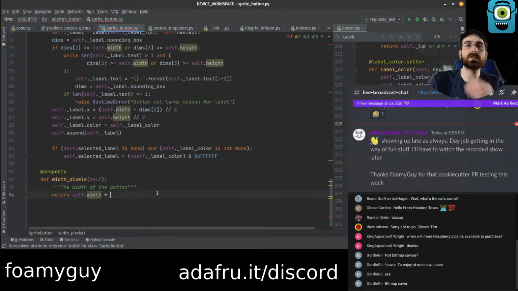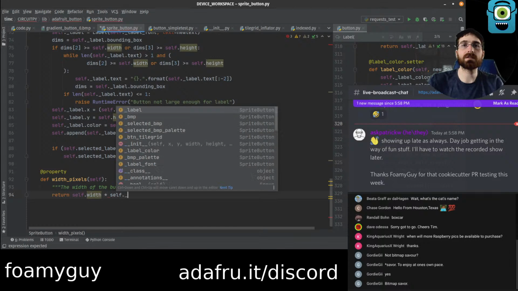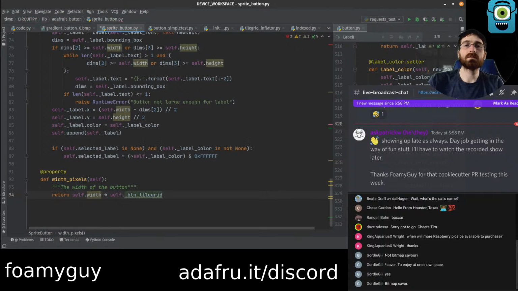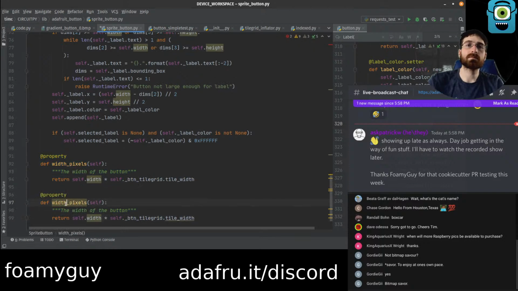So this is the number of tiles times tile width. Number of tiles times tile height.